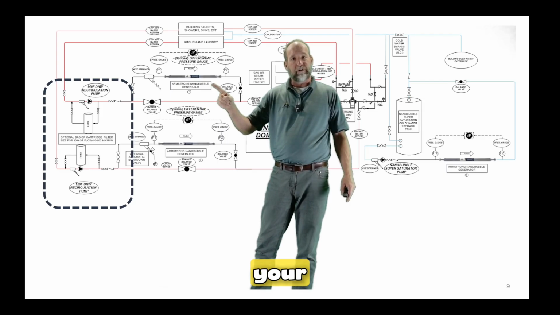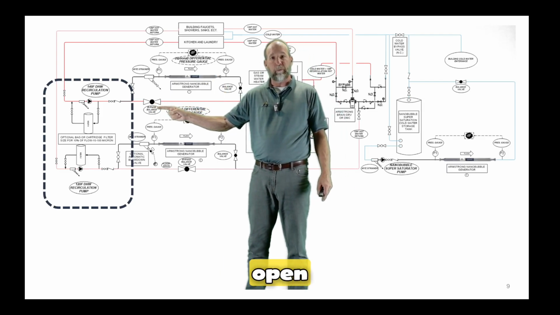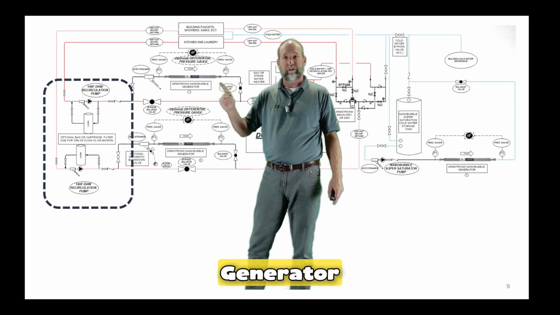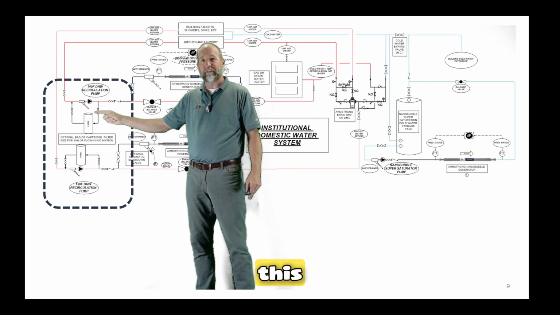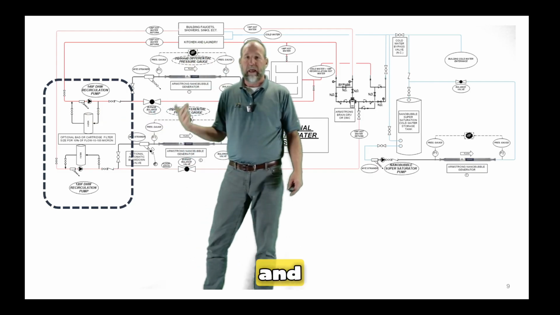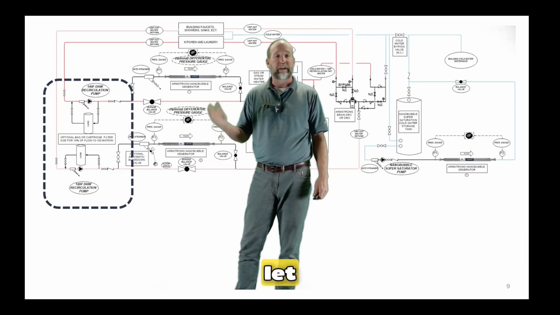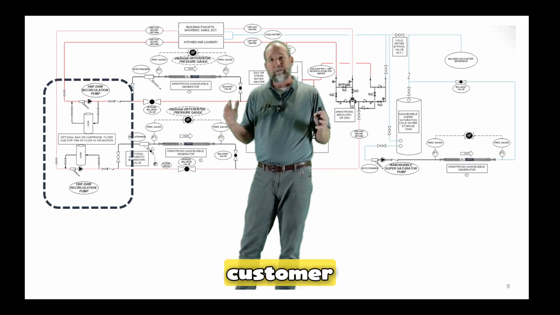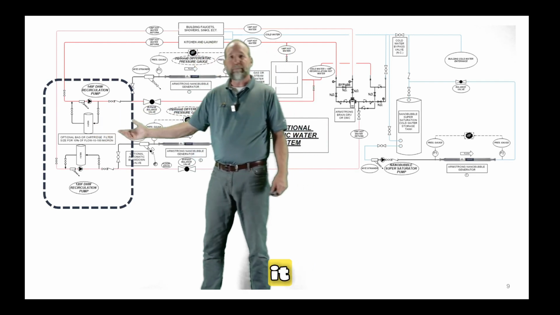Don't start your nanobubble generator up. Leave it off, leave your bypass valve wide open so there's no water going through the nanobubble generator. Go ahead and start your filter up, which essentially just means opening this valve, opening that valve, and let that filter run for a week. Just let it run. Let it fill up with sediment. Let the customer see what just water flowing through that filter looks like,